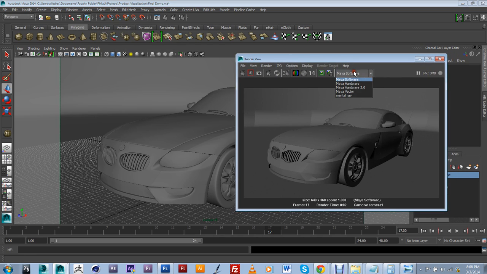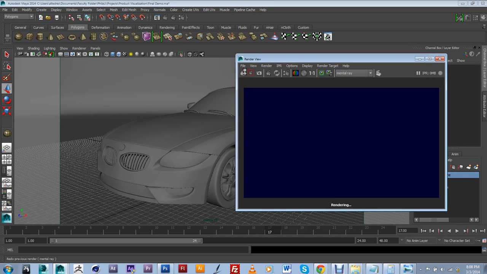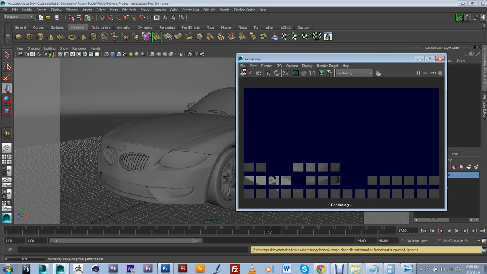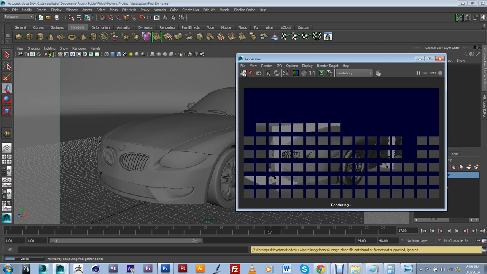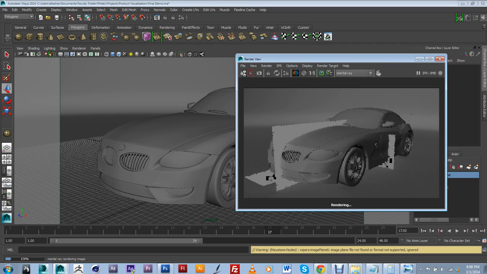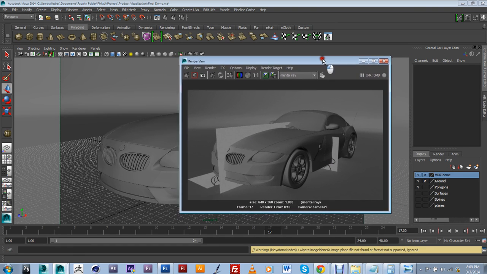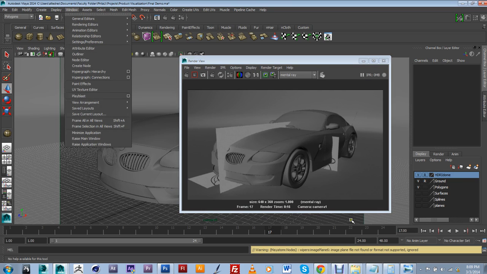So if I go ahead and switch this to mental ray, alright, and I do another render, it's going to take a little bit longer. Alright, a couple of things are going to happen once I do this. Basically, all of the smoothness in my scene, everything's going to be smooth as I want it to be. But another thing I'm seeing is that my image planes are showing through. So at this point I do want to get rid of them because the model's finished and I really don't want that in my